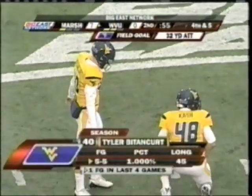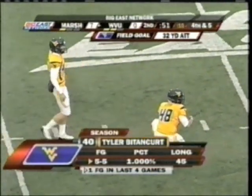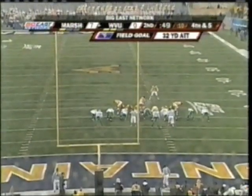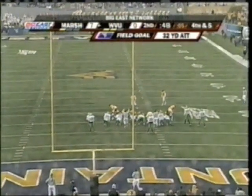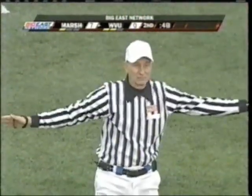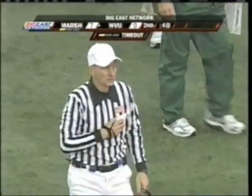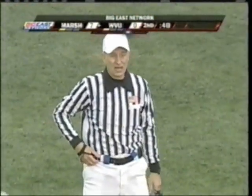32-yard field goal attempt for Tyler Bittencourt, who is 5 for 5, had 4 field goals in one game earlier this year, has not missed a field goal. Out of the hold of Cash, and we've got a timeout. Mountaineers will take their second timeout. We are 48.3 seconds away from halftime,